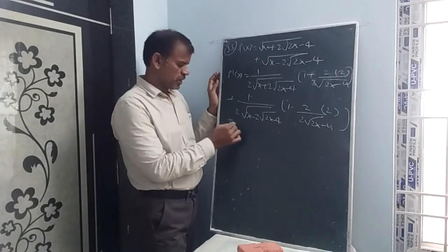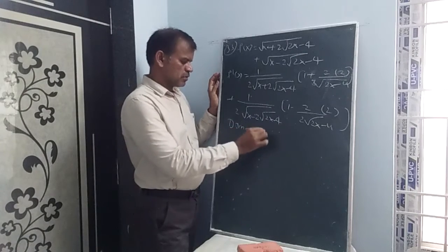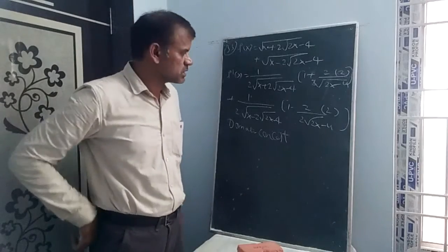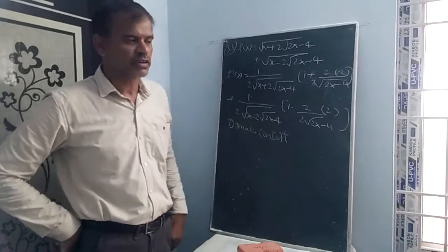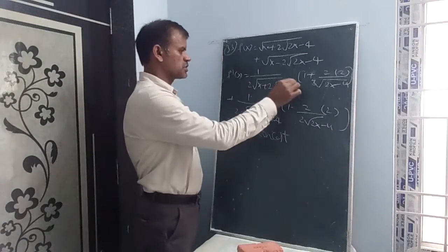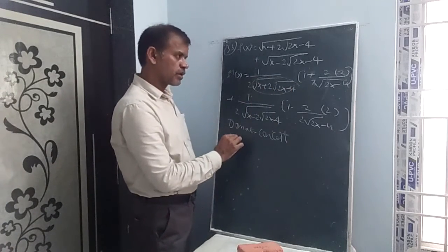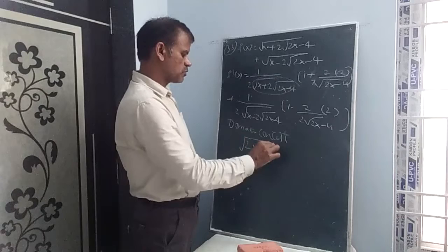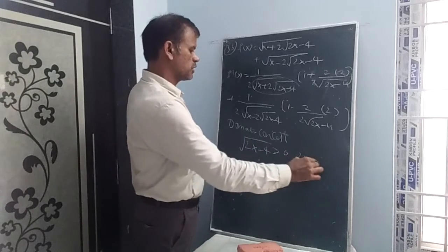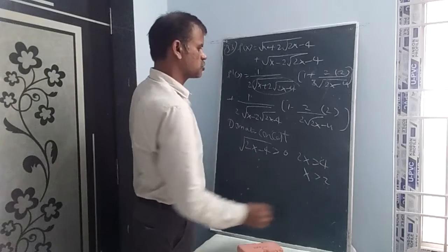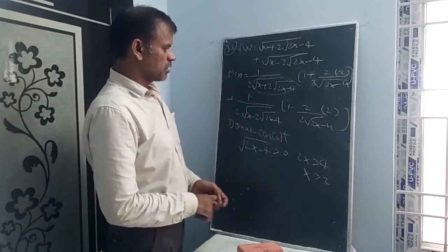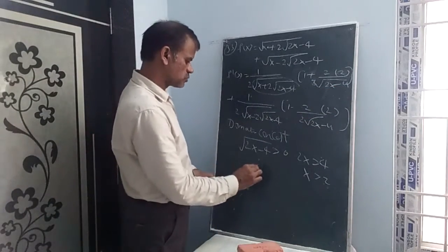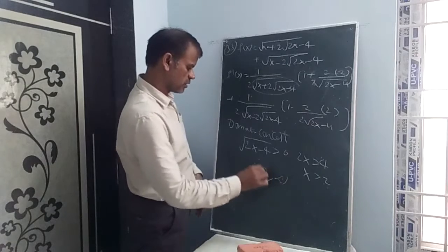Now, let us write the domain. Where the function is not defined, the domain does not exist. At that point it is not differentiable and not continuous. Now you can understand this is not equal to 0. To get the domain, square root 2x minus 4 greater than 0, so 2x greater than 4, so x greater than 2. If x is equal to 2, then 2 twos are 4 minus 4 is 0, which should not be right. So x greater than 2, the open interval 2 comma infinity.